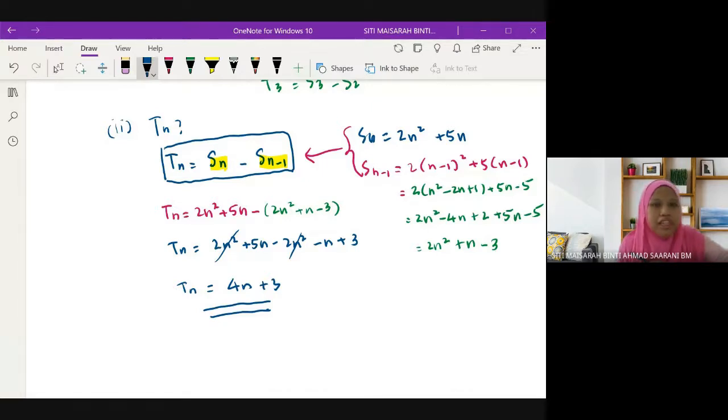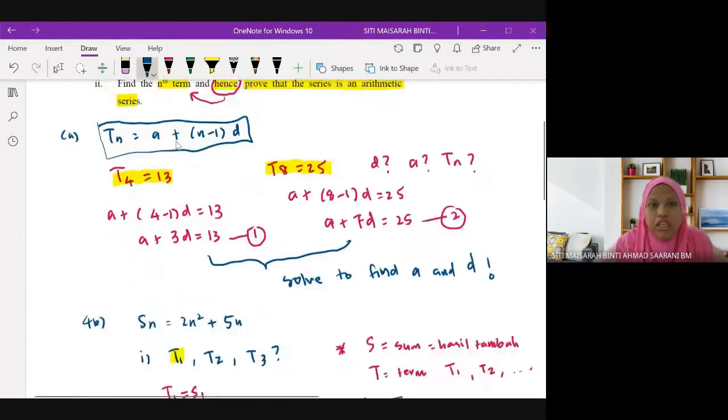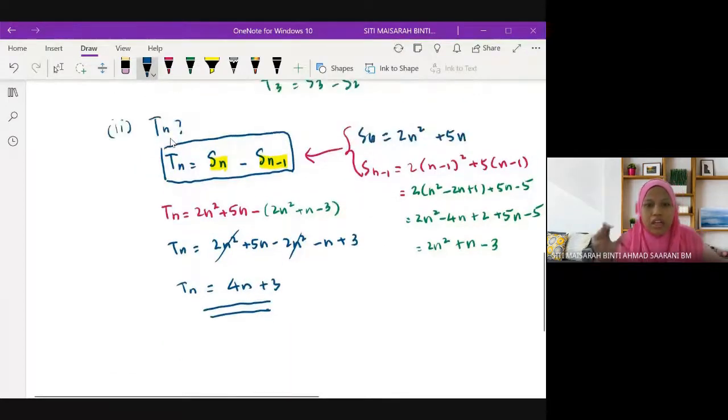Okay. Then after that, the question asked to prove the series is an arithmetic series by using Tn, this Tn. Okay. Untuk prove sama ada dia arithmetic ataupun tidak, by using our Tn, dia punya main key dia adalah common difference. Kalau arithmetic series, it should be common difference, but for geometric series, it should be common ratio. So, kalau kita gunakan